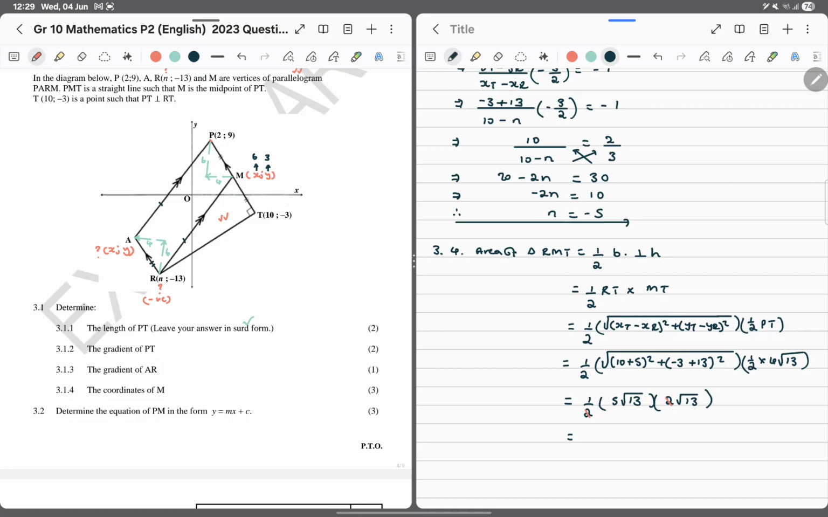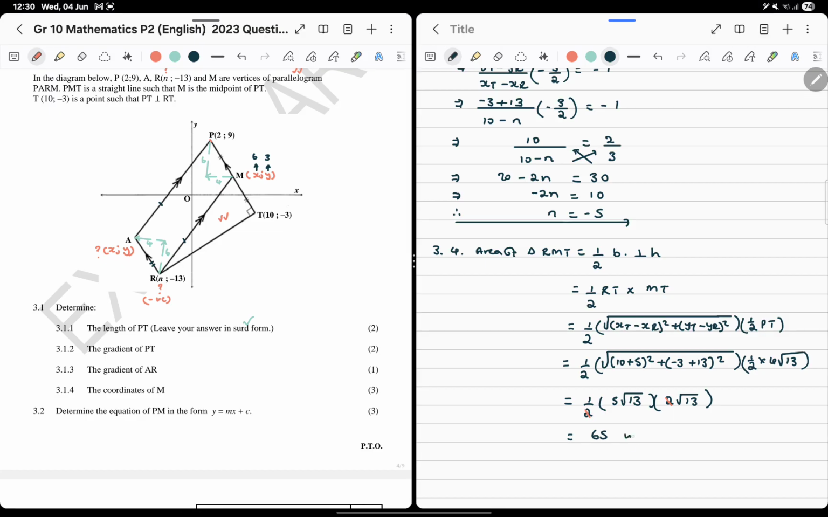That should be 75, right? 5 times 13. 5 times 13 is 65. Okay. My math is dead. 5 times 10, that's 50. 11, 55, 12, 60. Okay, yeah, 65 units